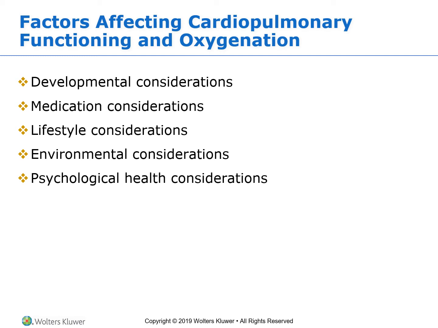Medications, we do have to think about medications, because they can affect the way the heart and lungs function. Especially if a patient is receiving something like central nervous system depressants like opioids. These can depress the respiratory system and make it difficult for the patient to breathe. They can even lead to respiratory depression or arrest if we overdose the patient or if they were to